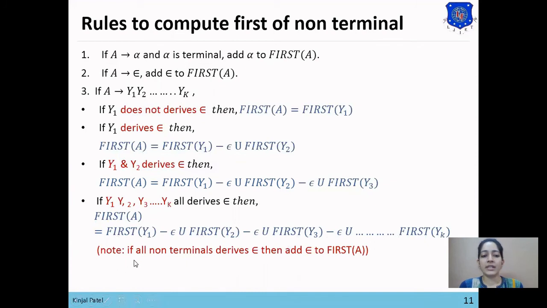Now the important note is, if all non-terminals derive null, then add null to the first of A. So there are three rules to compute first of a non-terminal.